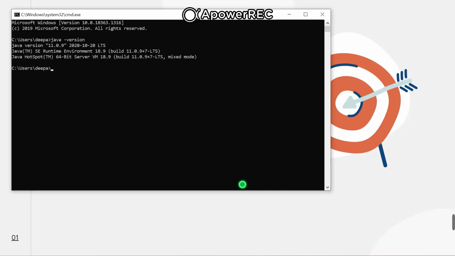Here I have got the result that JDK 11 is installed, which satisfies the prerequisite. We need at least 1.8 or above. So we are good to go with the second step, to download the trial version. But in case you do not have Java installed, then you need to first install it and you need to set some environment and system variables.